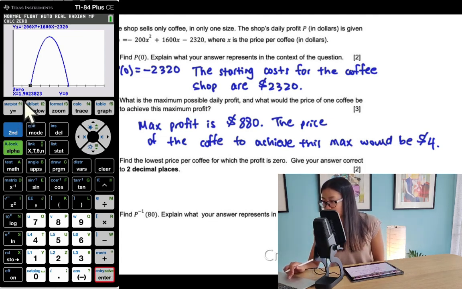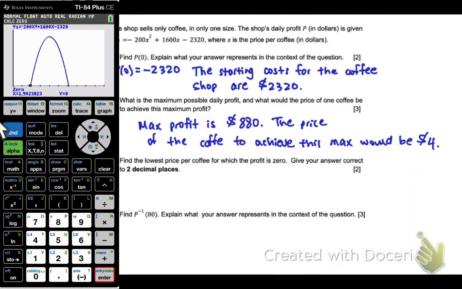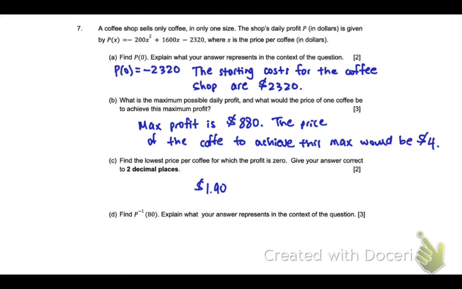lowest price of coffee, which would result in, so the lowest price per coffee for which the profit is 0 is going to be $1.90, rounded correct to 2 decimal places. Even though there's 2 solutions on my graph for which profit is 0, this question is asking the lowest price per coffee. Question D. Find P inverse of 80 and explain what your answer represents in the context of the